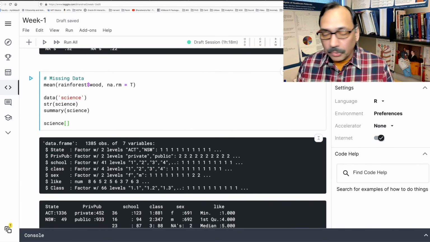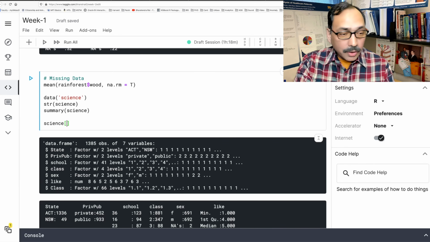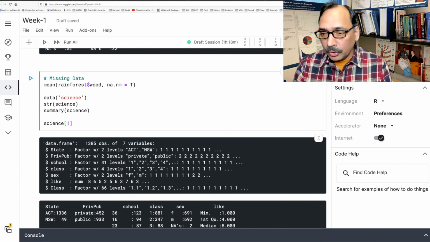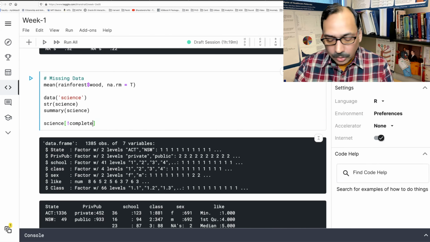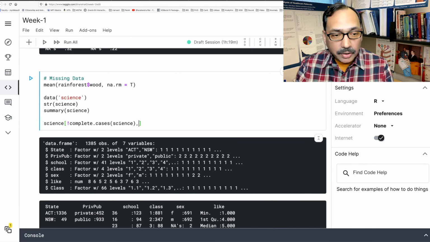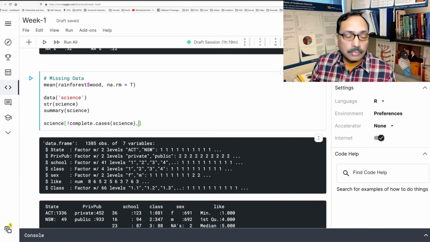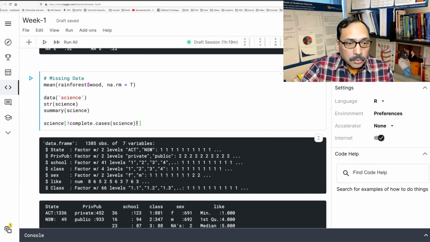So for rows, I'm going to say exclamation mark, which is used for not, complete.cases in science data set. And then after comma, nothing, that means I want all the columns listed. So this part is for rows, and anything after comma is for columns. So let's run this.